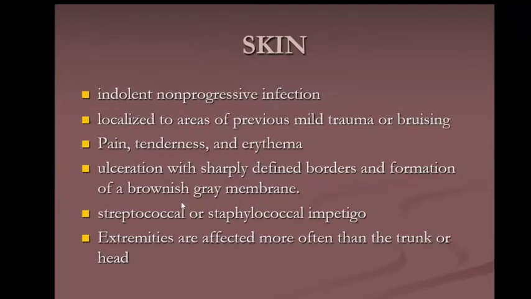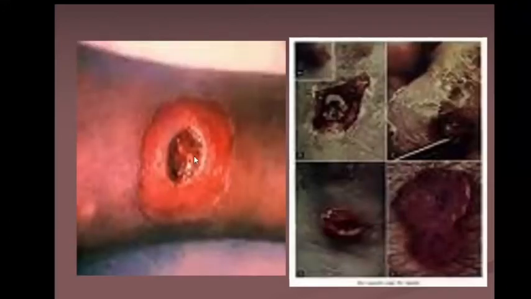There are ulcers with a sharply defined border and formation of a brownish gray membrane. If cutaneous diphtheria is there, you have to differentiate it from streptococcal or staphylococcal impetigo. Extremities are also affected more often than the trunk. So we can see the ulcerations in